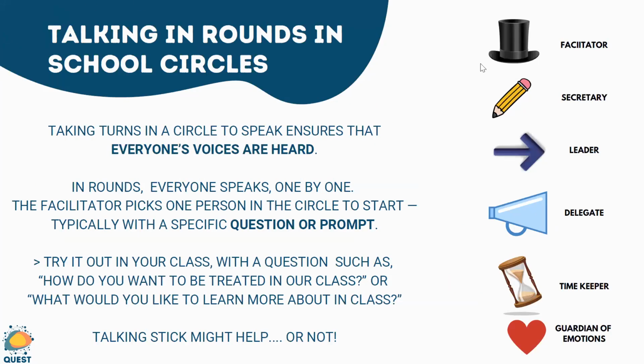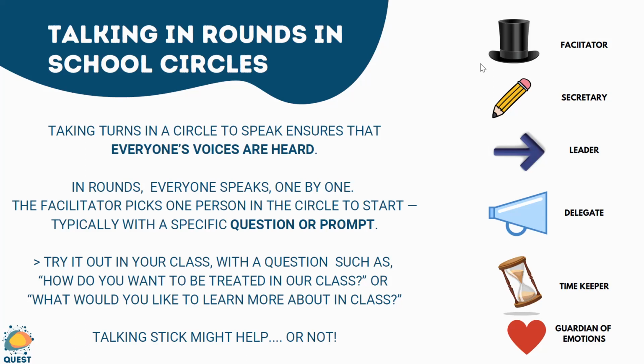So at school, one of the best ways to deal with consent, but in general to make decisions and to discuss, is talking in rounds. Talking in rounds is a way to ensure that everyone's voice is heard. One way to tackle power imbalance is that if we talk in rounds, everyone has the same possibility to talk. And so we avoid that there is always the same person talking and the shyer ones never talk. So in rounds, everyone speaks one by one.